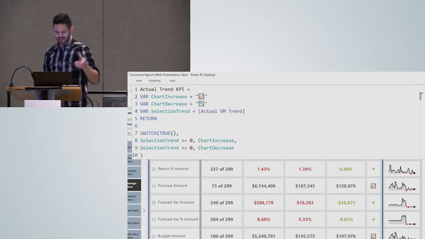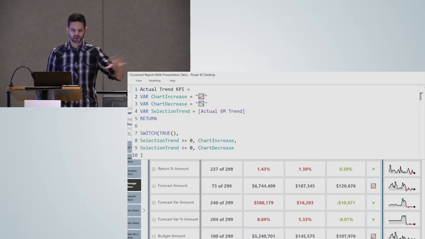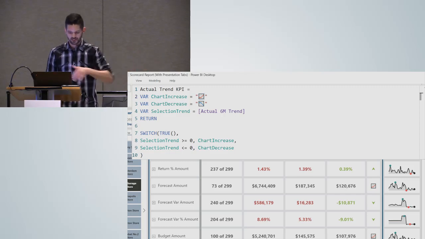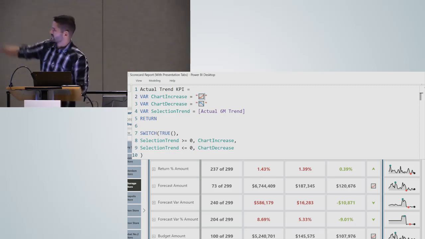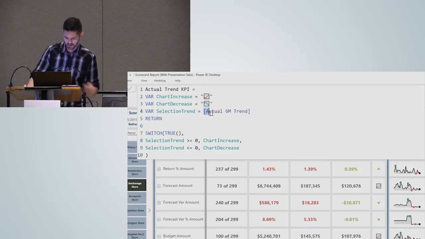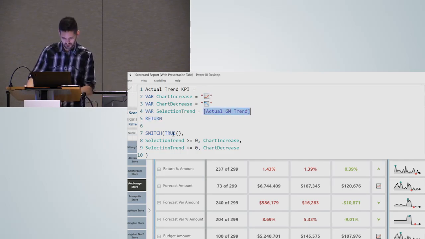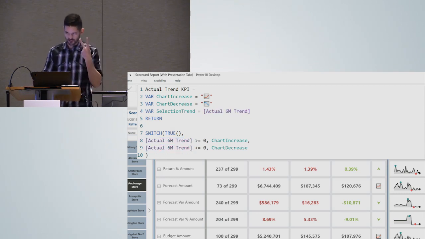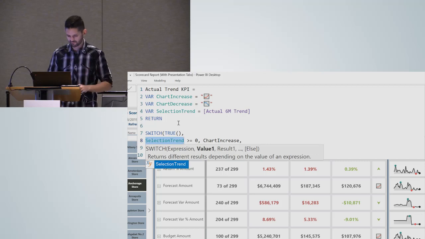Yeah. So, and that's the thing with variables. It's a mixture of the art, which is readability, and then in the case of the selection trend, that is a performance increase. Because otherwise, if I actually just had this here, now it's going to be slower. It's now having to run it twice. But the other ones, it's a personal preference.